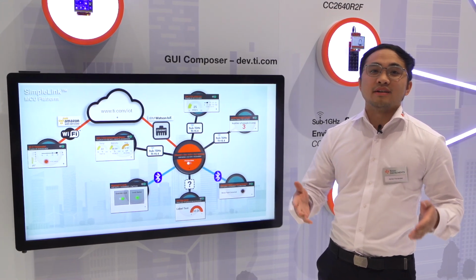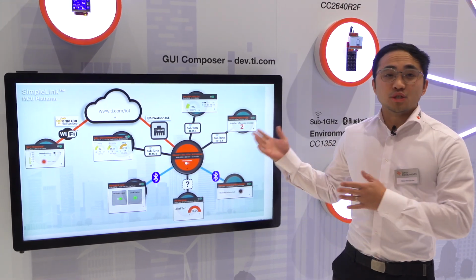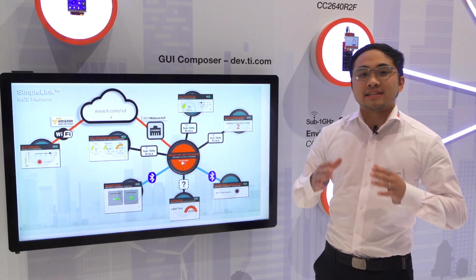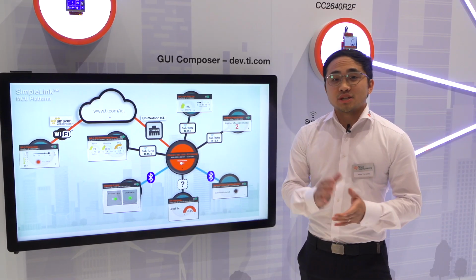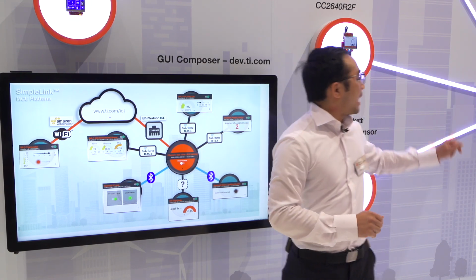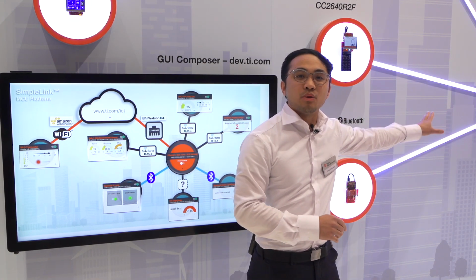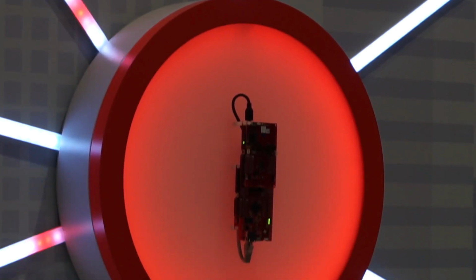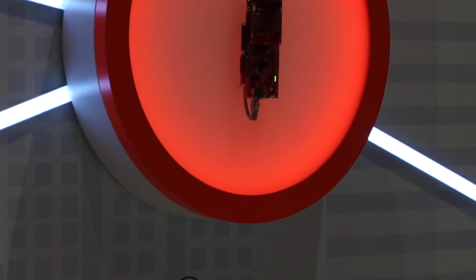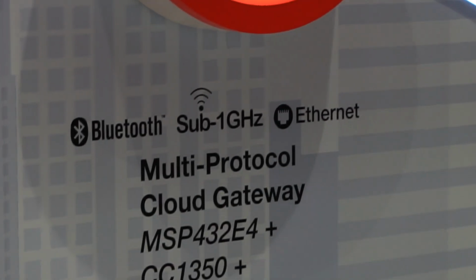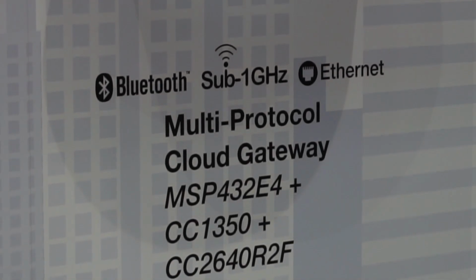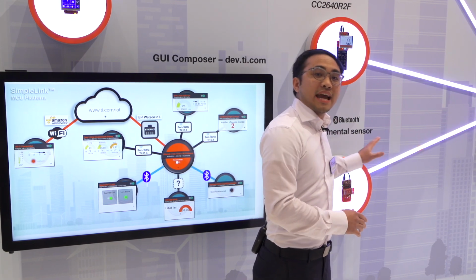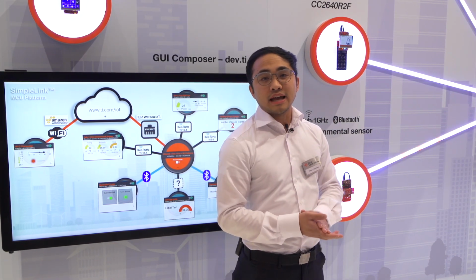at Embedded World here in Nuremberg, Germany, to introduce a few new products and demos to showcase our SimpleLink platform. To start things off, I wanted to showcase our MSP432E based gateway. This solution has integrated Ethernet, which allows us to interface with various cloud services such as AWS, IBM, Microsoft Azure, and others. In addition to that, this gateway is interfacing with various edge nodes over both a sub-gigahertz and 2.4